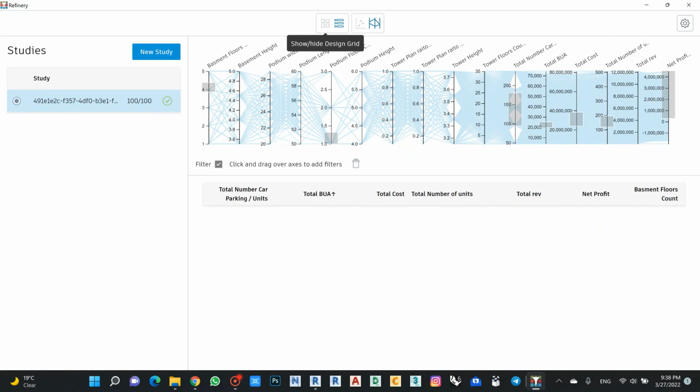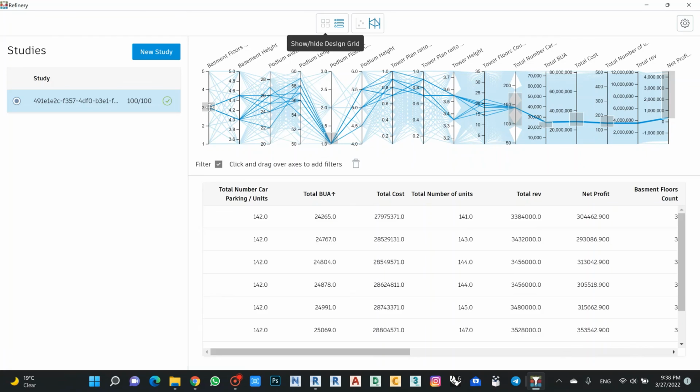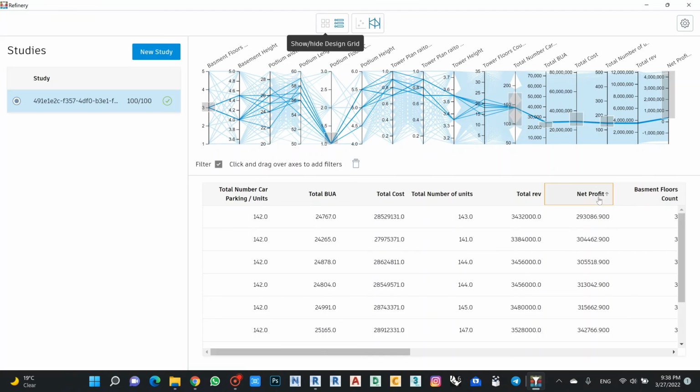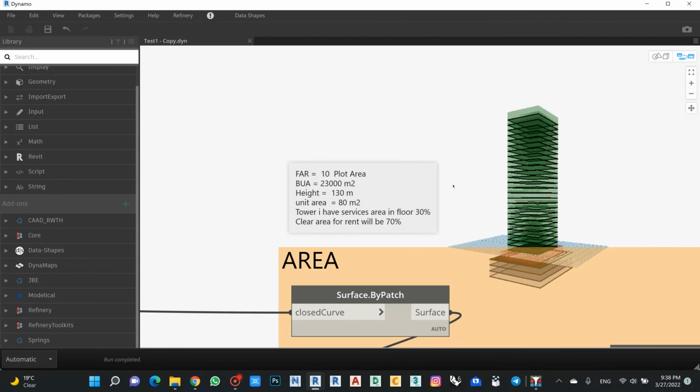Once we finish this one, it will give me all the options that I have here, all that I can do. For example, I need to find the best net profit for me. This is the best net profit that I can get from this study, and I have like 142 car parking, 3 floors, 148 units, and the total built up area is a little bit high, but it will not affect the study and the regulation. So maybe it will be the best option. And when I select the best option, I will see it's already direct in the